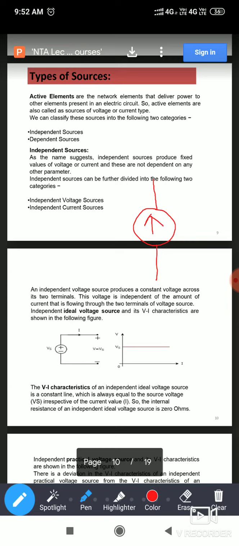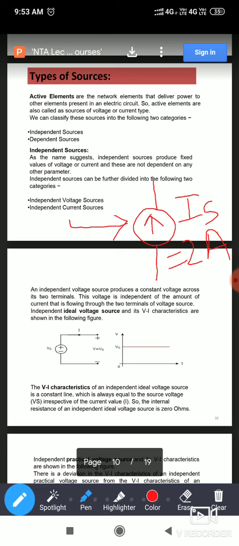How you connect this current source in the circuit depends on that direction. So the circle with an arrow in it is called an independent current source. Now what is the value of this current source? Generally we can write it as Is. Suppose this value is 2 ampere, 5 ampere, 10 ampere, whatever it may be. This is called an independent current source. Once you observe the symbol, we can easily tell that this is the independent voltage source and this is the independent current source.